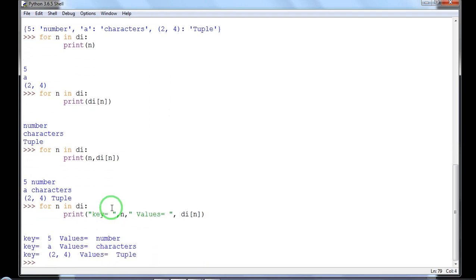So it is displaying key 5 value number, key 8 value character, key (2, 4) which is a tuple, and value is tuple. It's up to you in which manner you want to display, but here n is the loop variable. It will be assigned all the keys of the dictionary one by one. Suppose there are 100 keys, all 100 keys will be assigned to that loop variable one by one. Once all the keys have been assigned, the for loop will automatically be terminated, that means it will be closed.